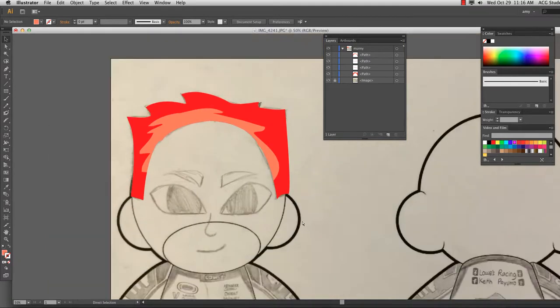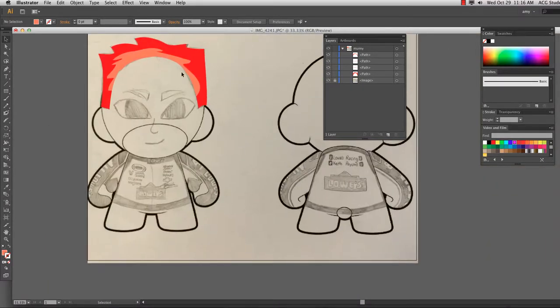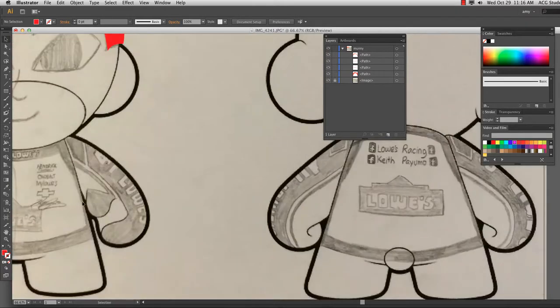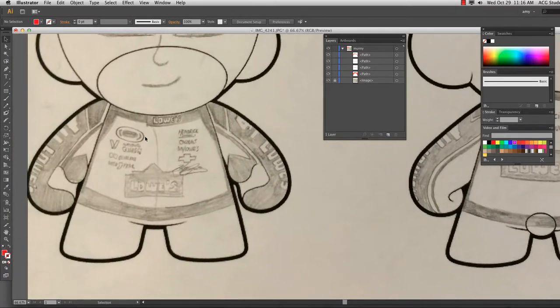Okay? And it looks much more organic than if you try to make another shape and fit it inside of there. So what we did is copied this shape, pasted it on top in front, so Command C, Command F. Then I changed the color to how I wanted, and then I cut it away using the knife tool, right? So some of the detail that's in this really cool jacket,